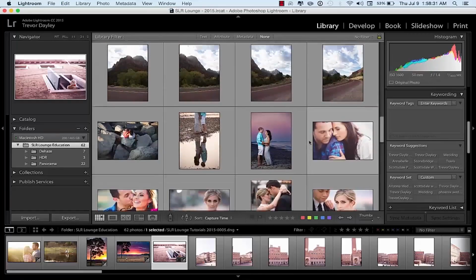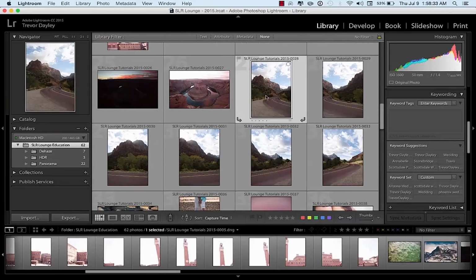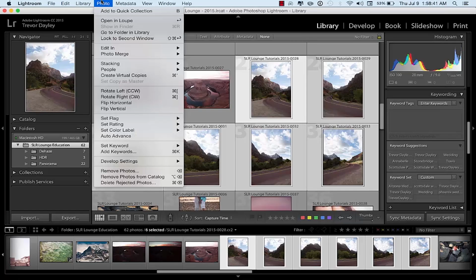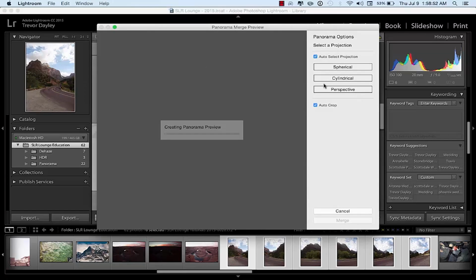So I'm just gonna scroll down here. I'm gonna grab, here we go, let's just grab these images. So I'm gonna select one, I'm gonna hold down Shift, and I'm gonna select the last one. I'm gonna come right up here where it says Photo, go down to Photo Merge, or you can call it Merge if you're kind of speaking a foreign language. Click on Panorama, and when this opens up, guys, honestly, you can come in here and you can choose spherical,